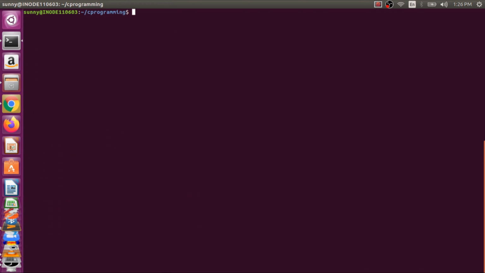We need to clear this screen, and here we have switchprog. So this is a file name for a new object file, and this is our compiling file. So we are pressing enter here, and you guys can see there is no issue in that. And now we will run this program, and you guys can see number is odd.